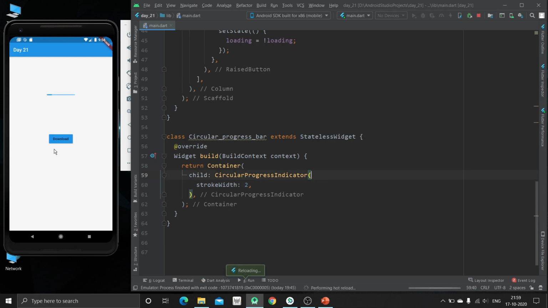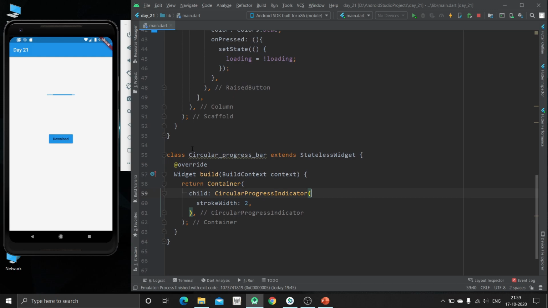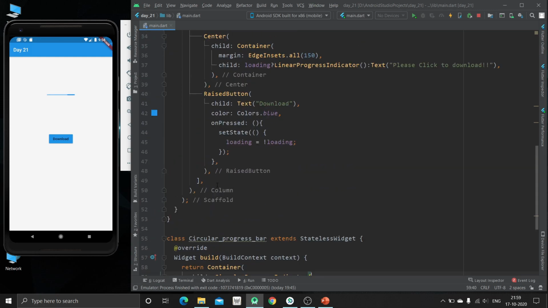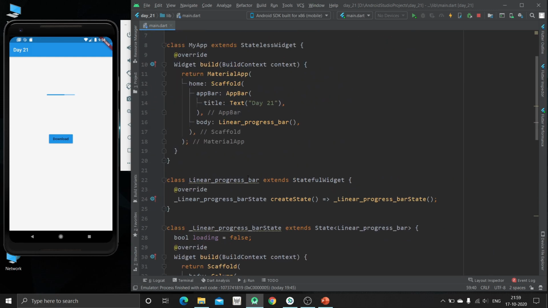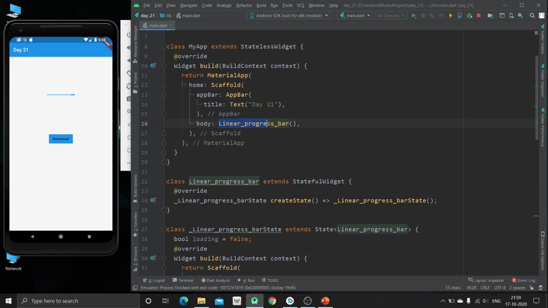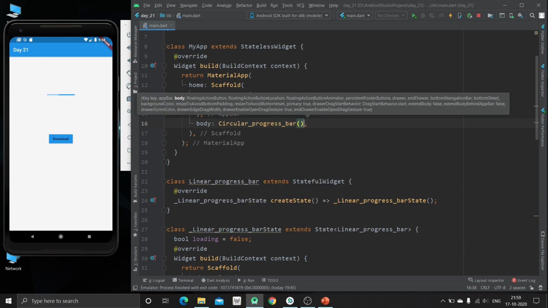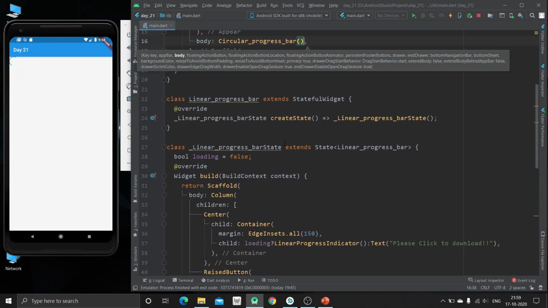Now just hit Control and S. Okay, we haven't called this CircularProgressBar yet, so we will call this over here instead of this linear progress indicator. Just hit Control and S. Now you can see here is our progress indicator.